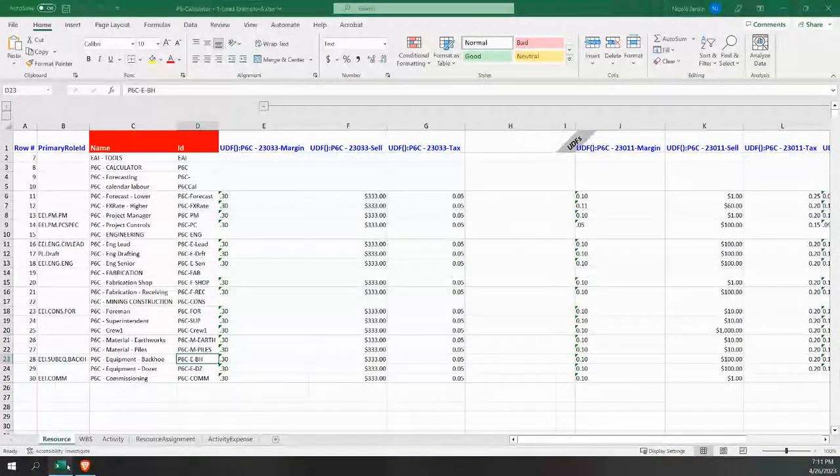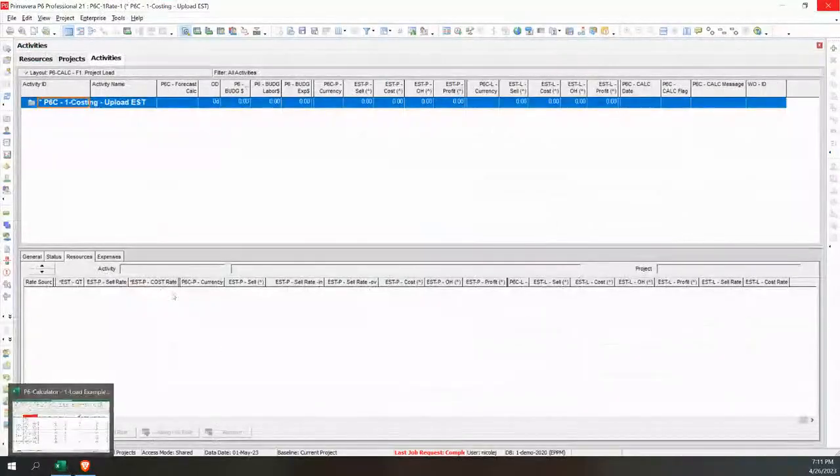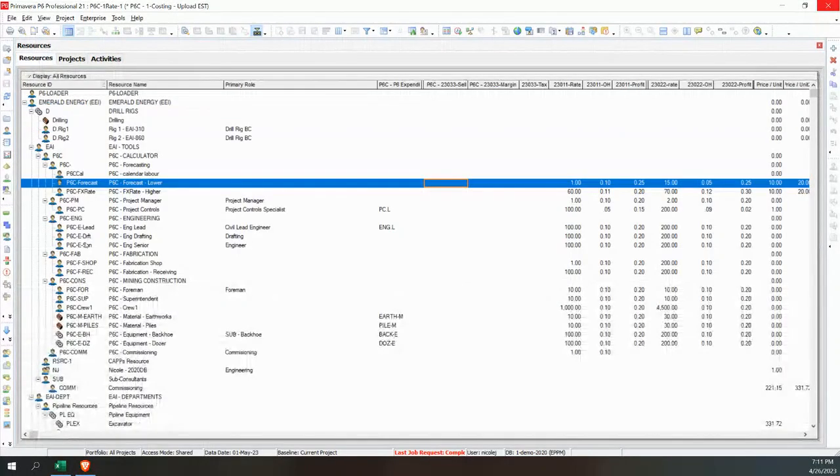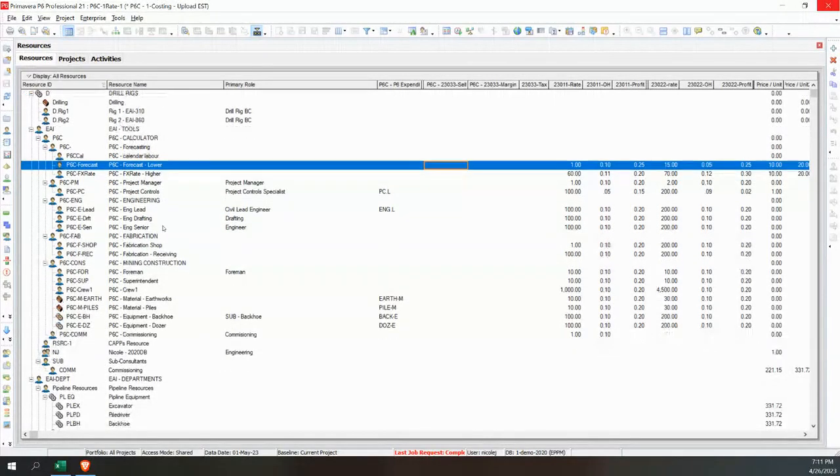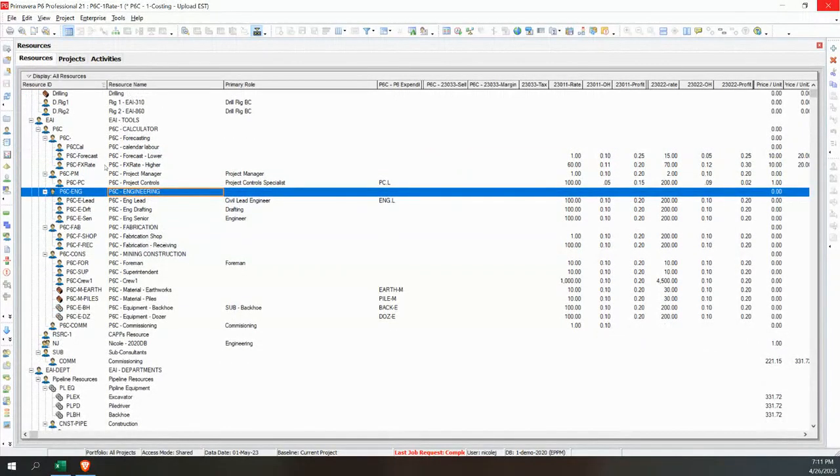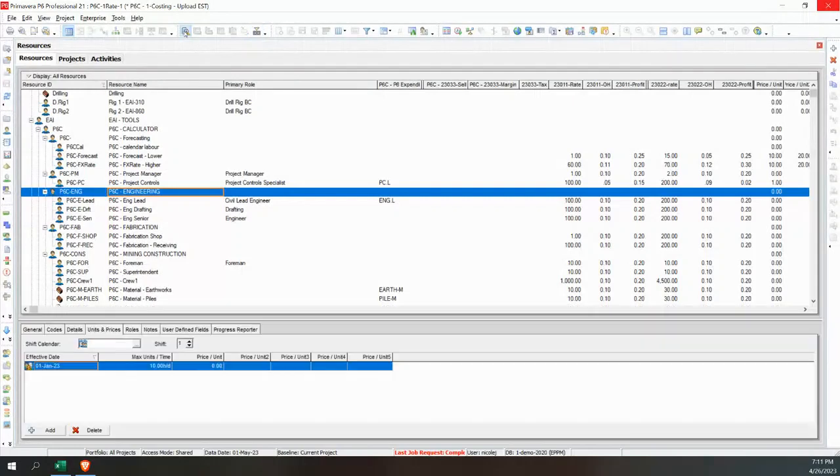Okay, so let me go back into P6 and show you the resource dictionary. One of the things that we have a challenge with in P6 is our resource dictionary. Although it's highly flexible, the place that we've got a gap is the units and prices. So we don't have the ability to put unlimited prices into the dictionary. So if you're a contractor, this can become problematic because you may have different rates on